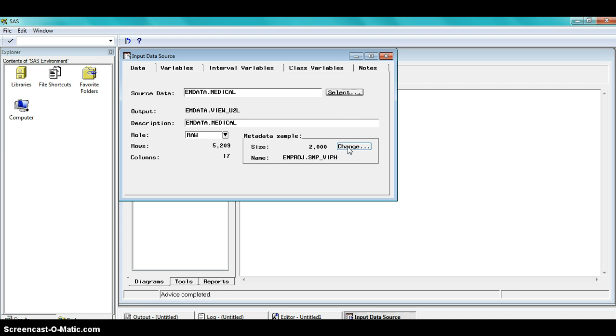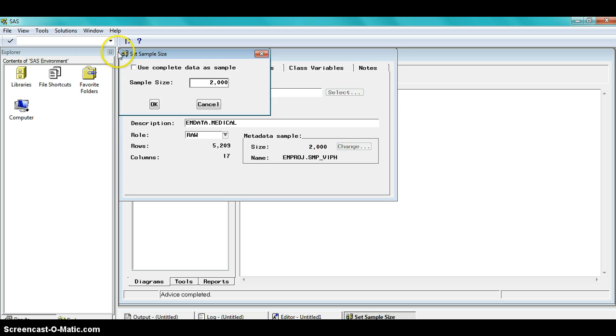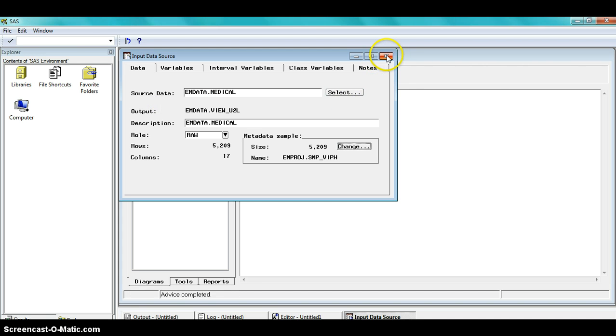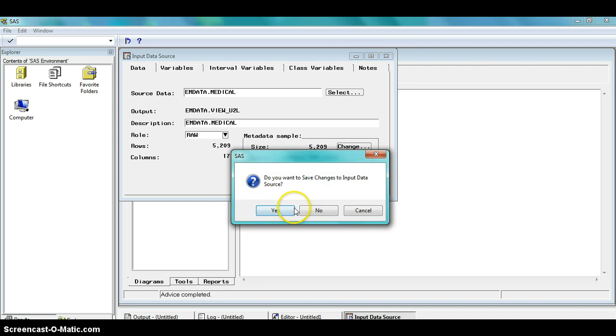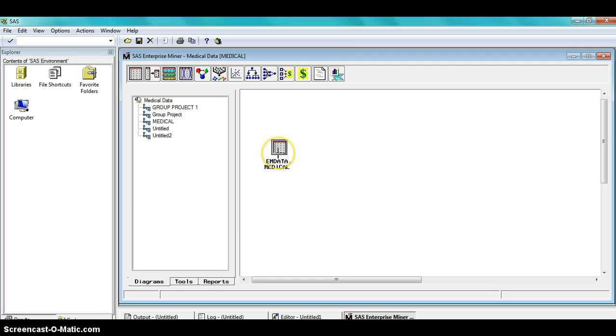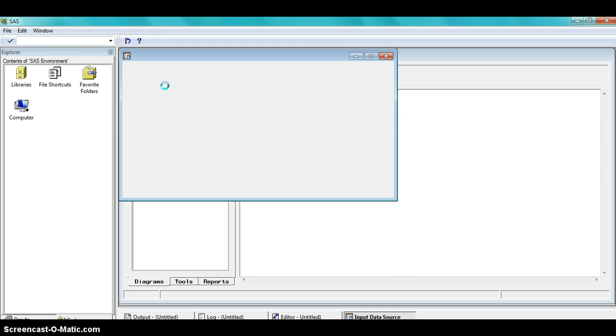Then we change our metadata sample. We use the complete data sample. Then we click OK. Now we save the changes. Yes. Now we see here we got our medical data set into our model. We open it again and